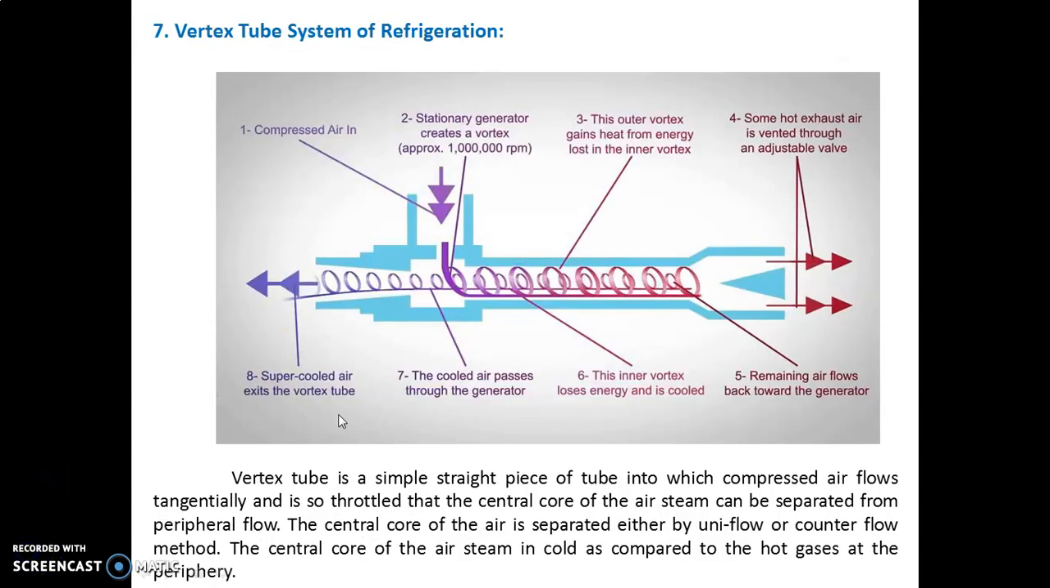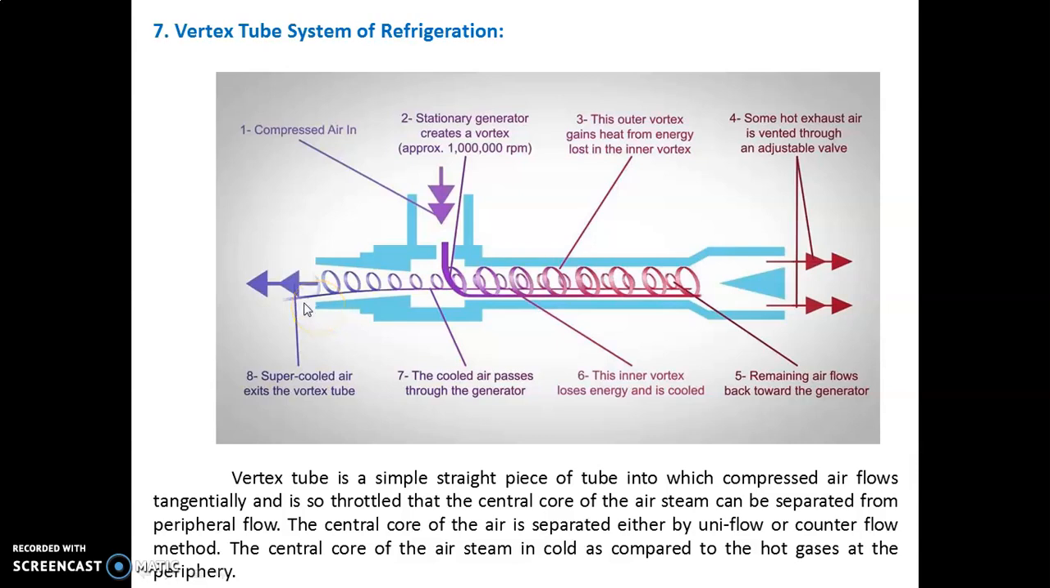So students, this is the Vortex tube system of refrigeration. Here you will get one long tube which is separated by a throttling area, and compressed air enters from this particular location, and from this throttling area it continuously separates or splits up, and here you will get two different locations at each extreme end of the tube. Here you will get some hot exhaust air, and here you will get cooled air